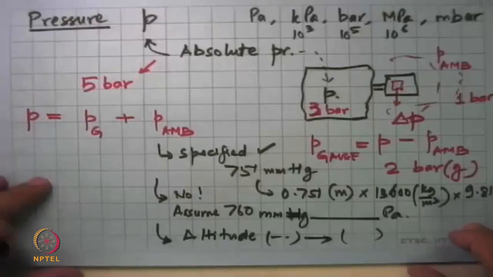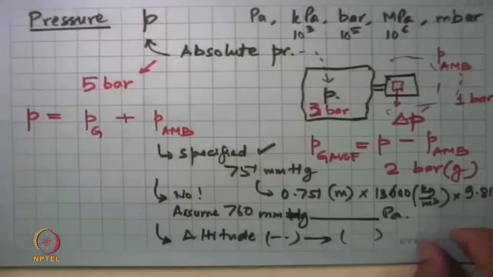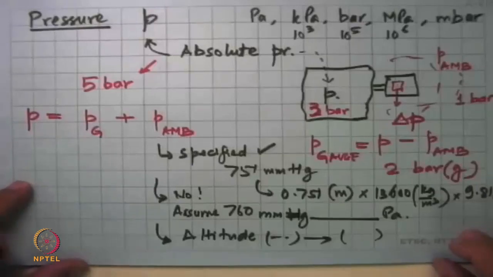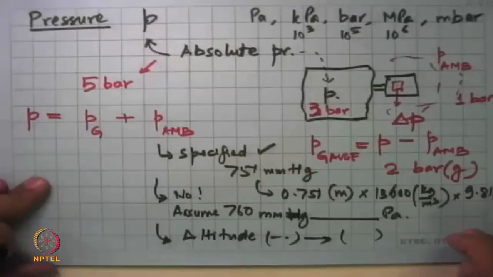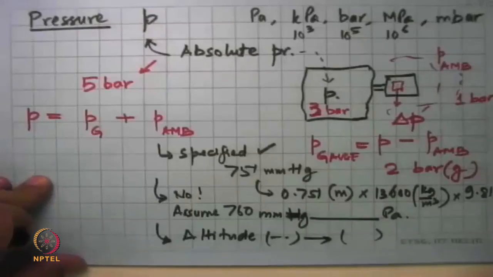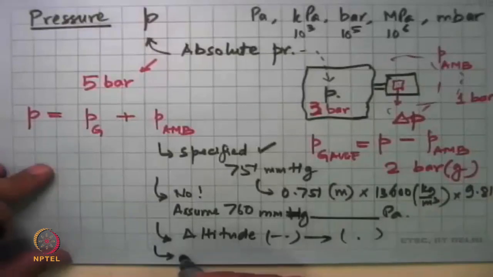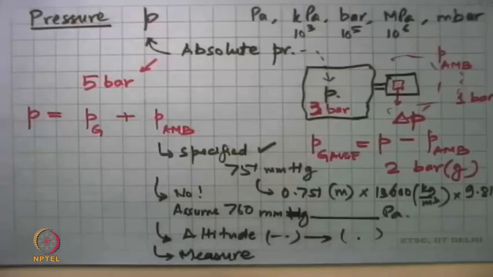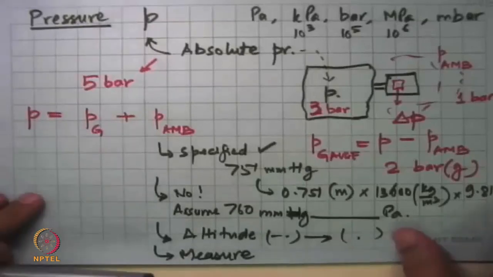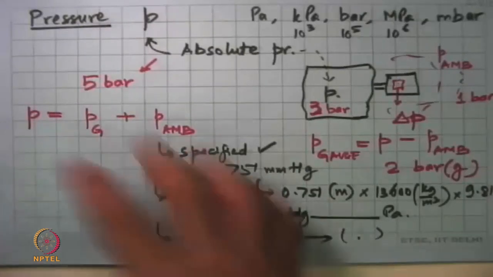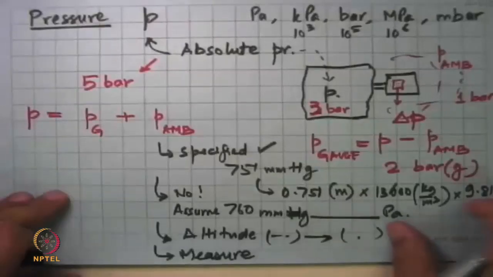So for instance, you go to 7,000 meters above mean sea level, the ambient pressure is almost half bar. And that's why I say that breathing becomes a big problem because of lack of oxygen. So we go there and get this value. And in the real world, the best thing is measure it. A very simple measurement. These days many instruments are there. Measure it and see what is the ambient pressure and use that in the calculation. So this is one aspect of this.